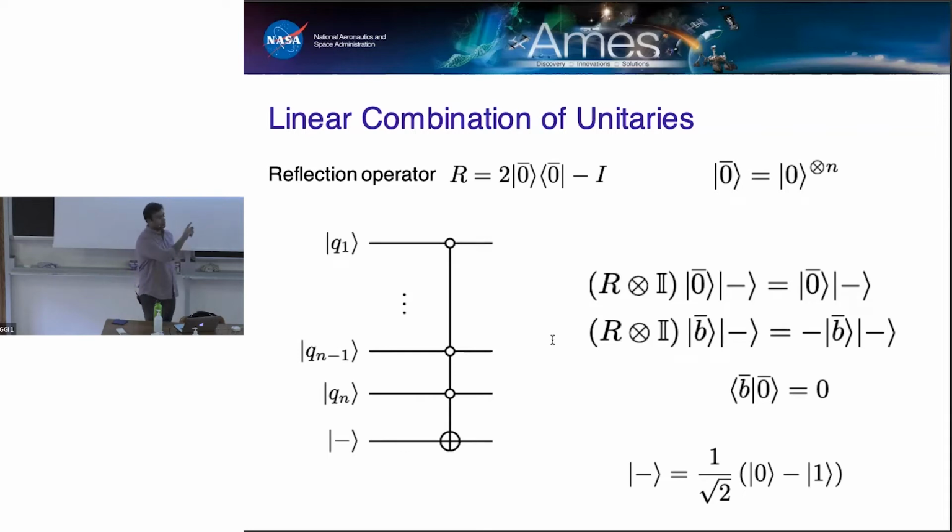So this open circle, typically when you see C-NOT gates, you see a black dot with a target operation. When you see a white dot like this or an open circle, that means that you're controlling on the value of that qubit being in the zero state, okay? So now what we're doing is we're saying that the value of all those qubits are going to be in the zero state, okay? And this can be related to the usual black dots by simply putting X gates on either side, right? Because X times 0 is 1.